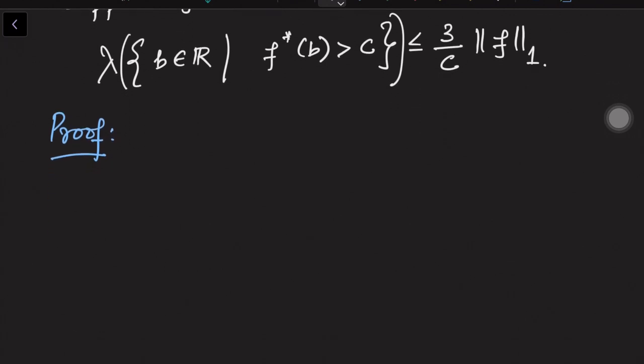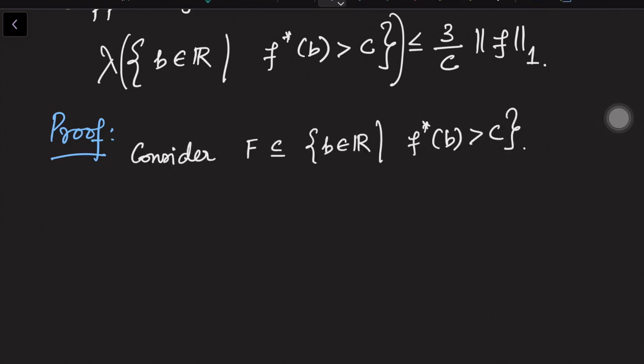First, to bound the Lebesgue measure of a set, we already know it can be approximated by closed sets from inside, which is called inner regularity. Hence we prove the following: given any closed subset of this set, the measure of that subset is less than or equal to whatever we want on the right hand side. Consider a closed subset,